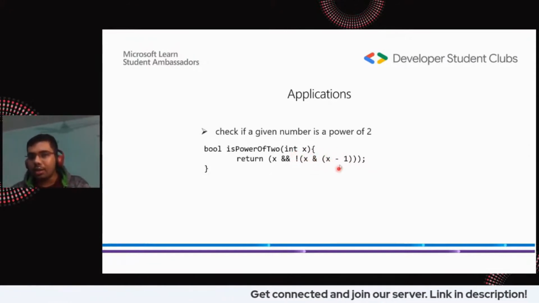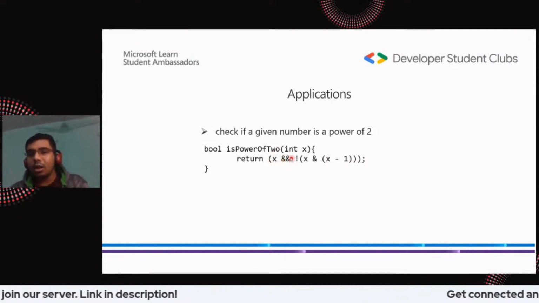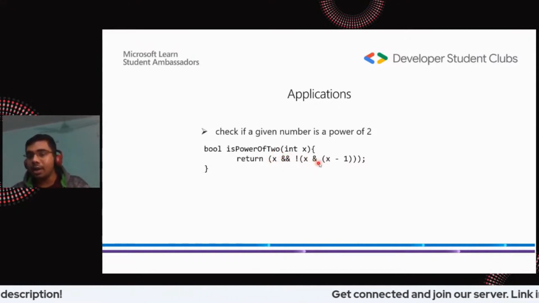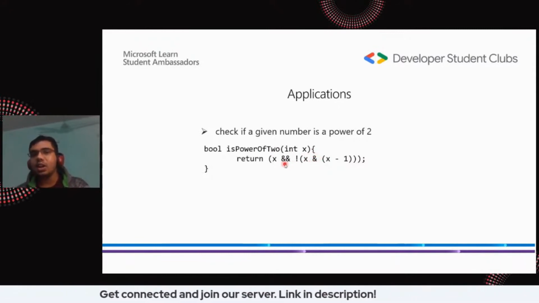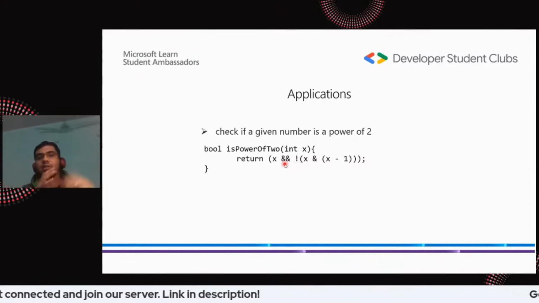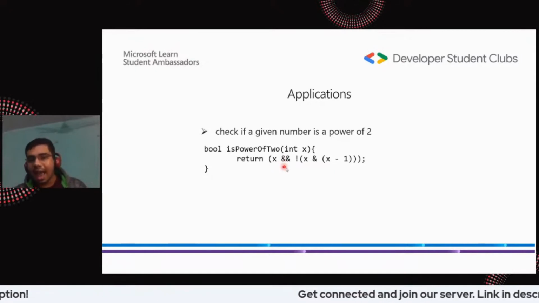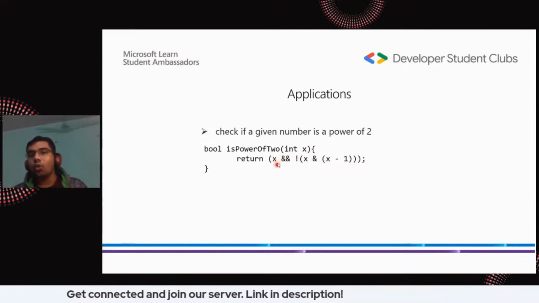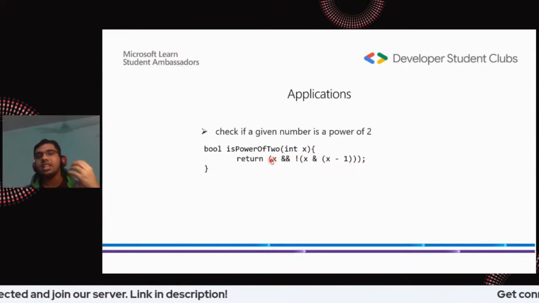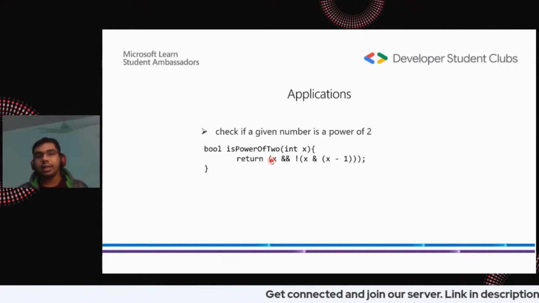So we are doing the NOT of that. NOT of that means we found 1, and we just gave here an AND operation. This is not the bitwise AND. Bitwise AND we use as a single AND, but this is the AND operation that we do in if statements or this kind of statements. So we're trying 4 and 1. So this one is a bitwise one. Now look, 4. So why are we checking for x? We're checking for x basically if we have a number 0. Okay.